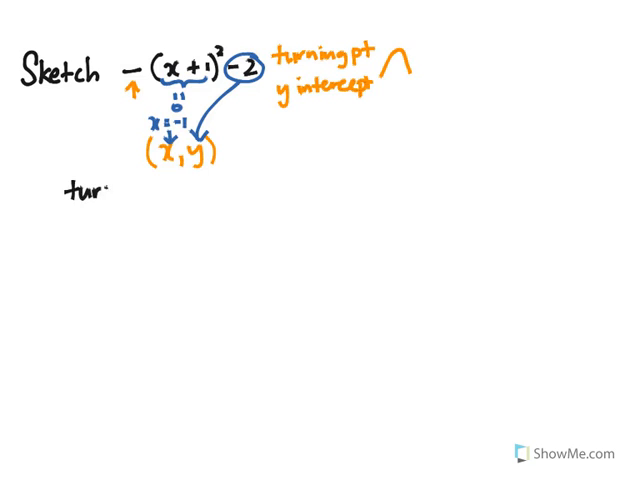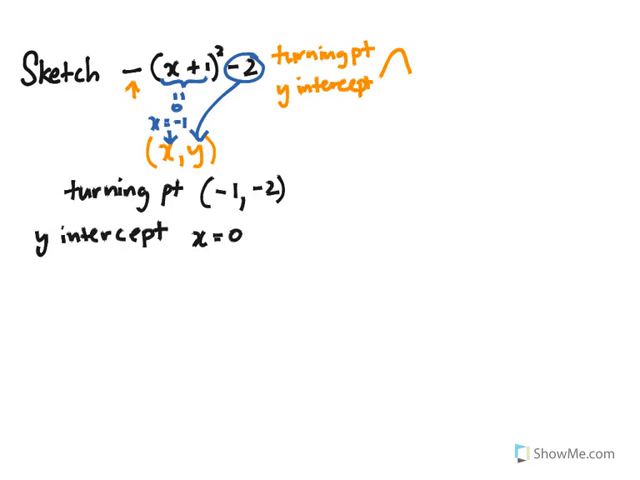Now that you have your turning point, and you have it as -1 and -2, if you realize it's not so different from what we had before in the previous video. What's going to change right now is your y-intercept. So you're going to substitute x equals to 0 into the equation, and you'll be getting y